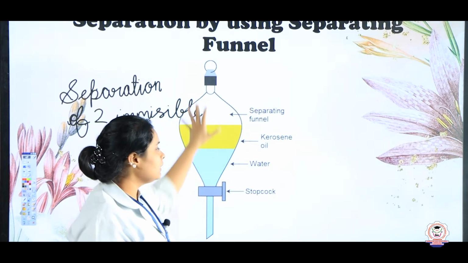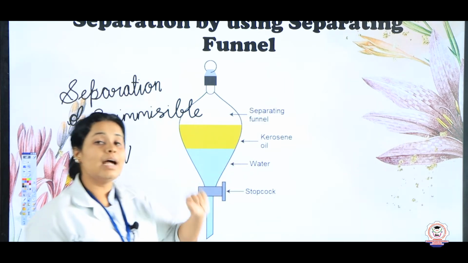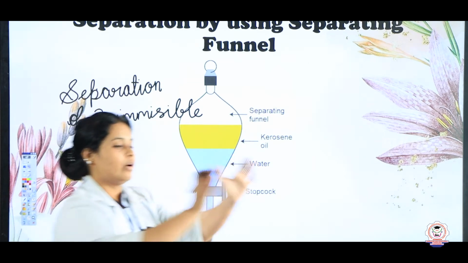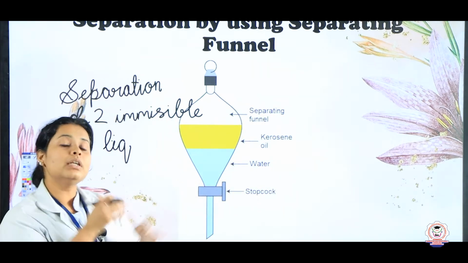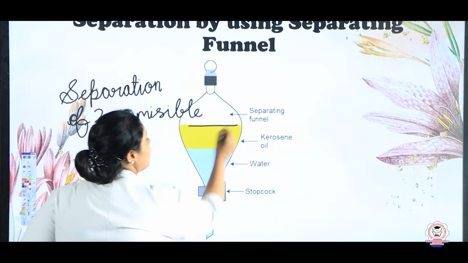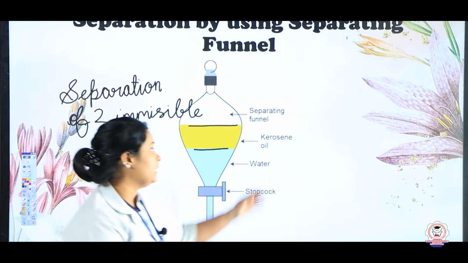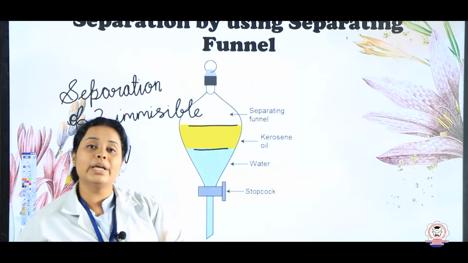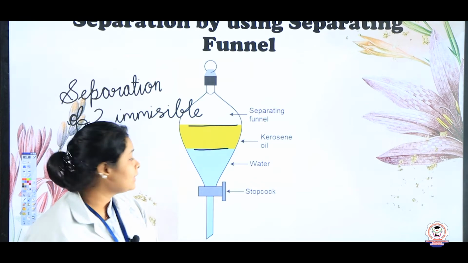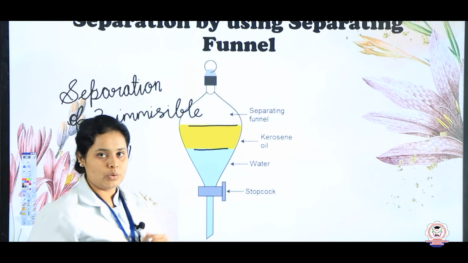Now when we are putting this in a test tube, or you can call it a separating funnel, at that time you will mix it and shake it well. Okay, when you are shaking it, keep it to rest for some time. After 10 to 15 minutes you will see that there will be two layers. See children, here the separation depends upon the density. Density means here the lighter one is kerosene and water is a little bit heavy. That means the density of water is more than kerosene. Now these two layers you got.